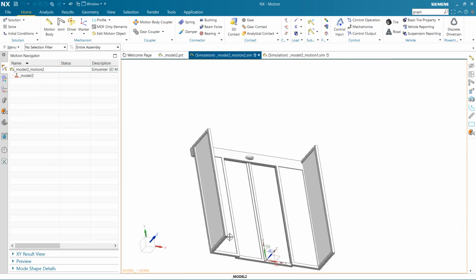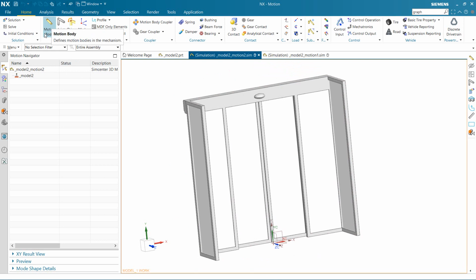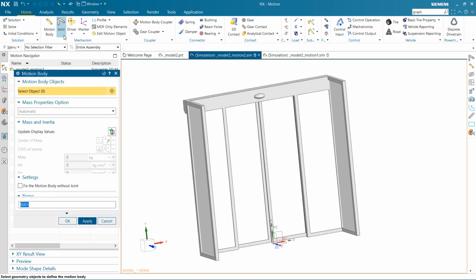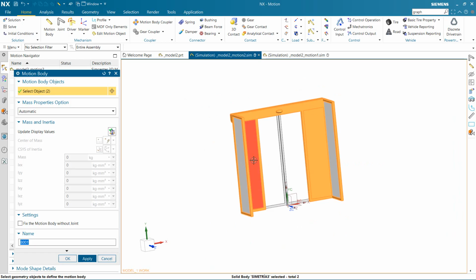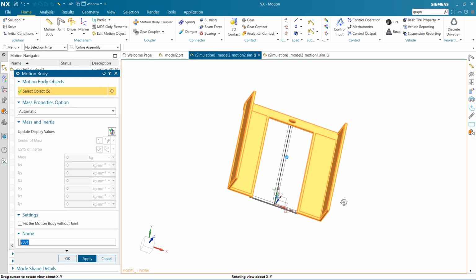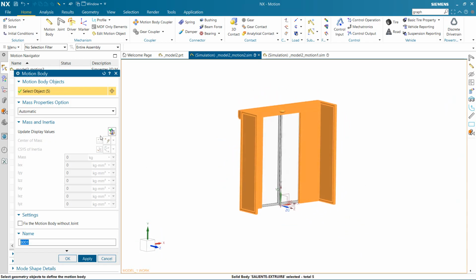The first thing that you want to do is to create a motion body for them. As I said before, maybe in other versions they will call it link, but in my NX version it is called the motion body tool. It's a very important tool that you should know and shouldn't forget. This one actually stays in place, so it's not moving according to the animation that I showed you. So we will fix that for now.